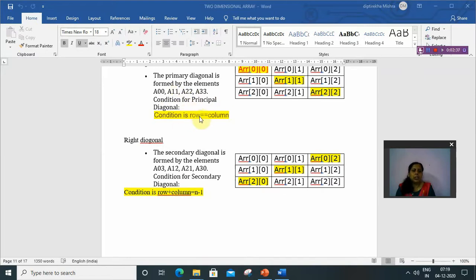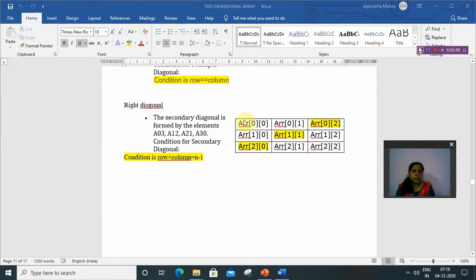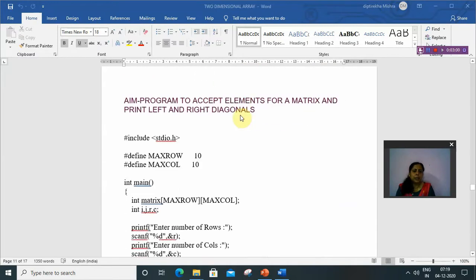First, to print the left diagonal, the row and column index values are equal. And for the right diagonal, the index values satisfy row plus column equals n minus 1. So by using this logic we can write the program.